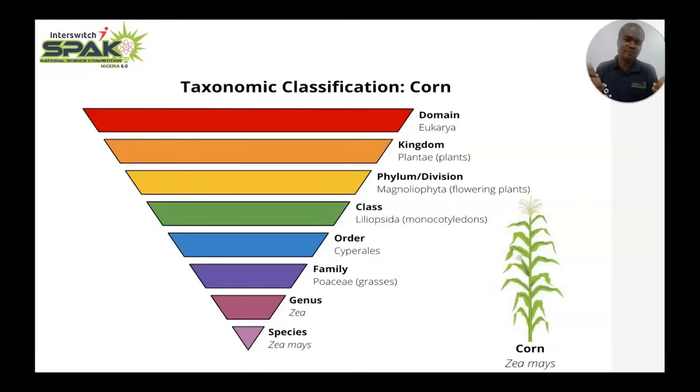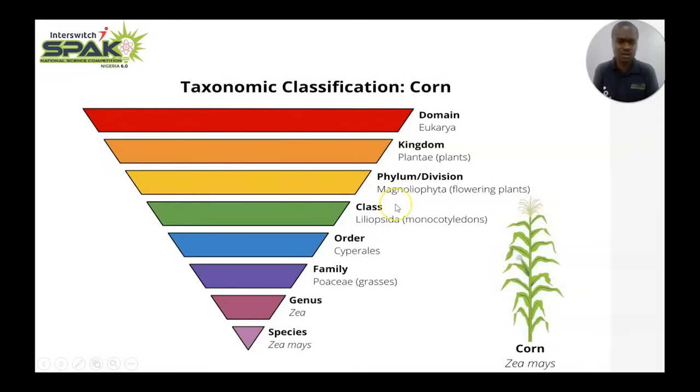If you look at the inverted pyramid, you discover that they are narrowing down. So when you get on the domain, almost all the individuals that belong to the domain Eukarya will be found here. When you get here, they are slimming down to the kingdom Plantae. You get down to this place, you see they slim down to the division of